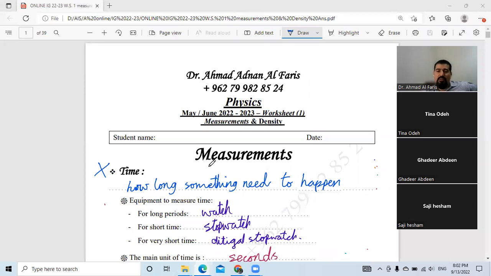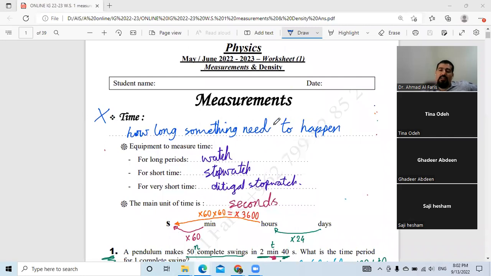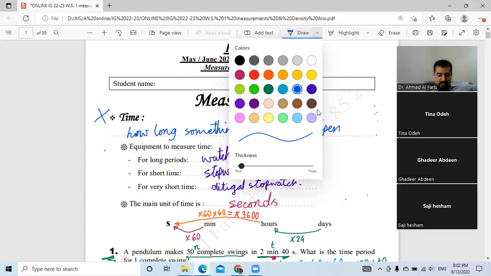We were talking about measurements. Today is the second class of this course, and we are going to continue answering the questions about measurements and talk about the rest of the measurements that we didn't finish last time. Then we are going to talk about density and how we can find the density,